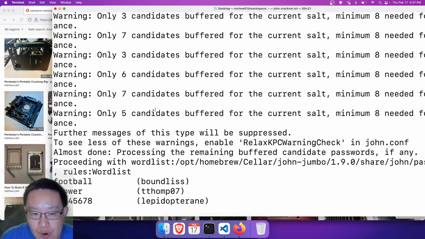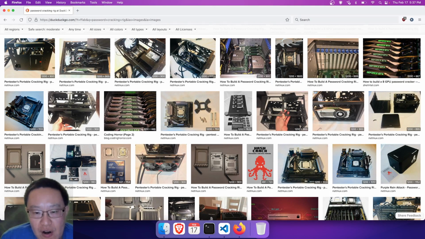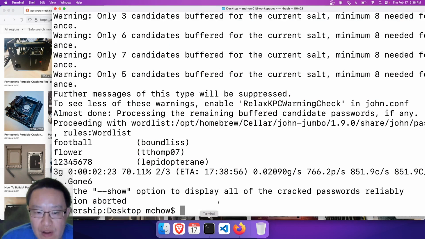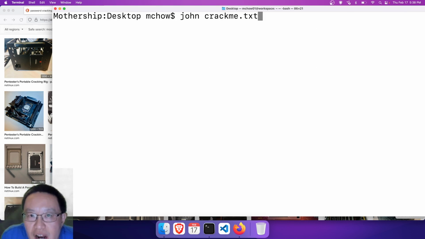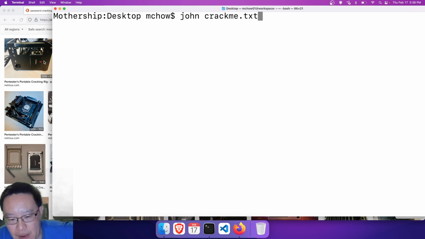Blue cow dog. Yep. I'm going to hit Control C out of this. Now, the thing is with you, blue cow dog, I forgot your password. I really did. Now, how they do password cracking in real life is, if you just run John followed by crackme, it's going to use one. John the Ripper has a default word list, and if your password is not found on that list, it's going to go brute force. But to really speed up password cracking